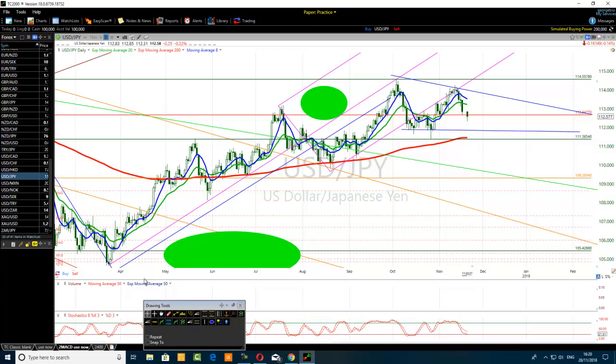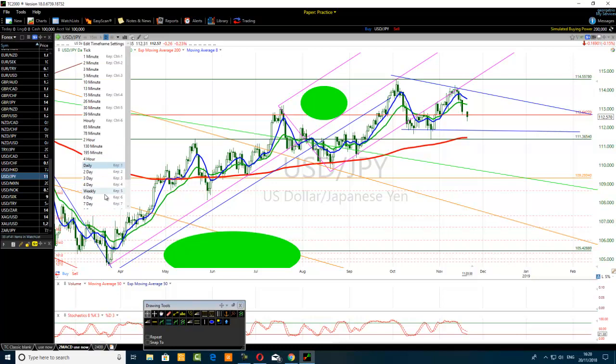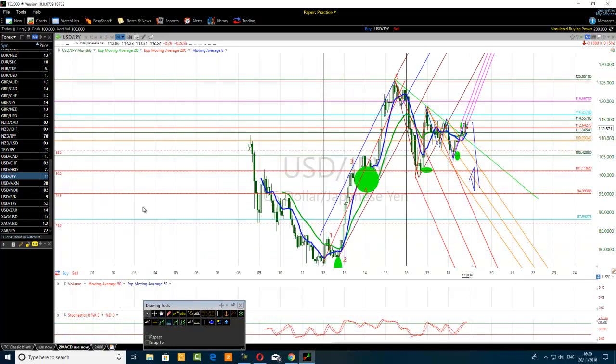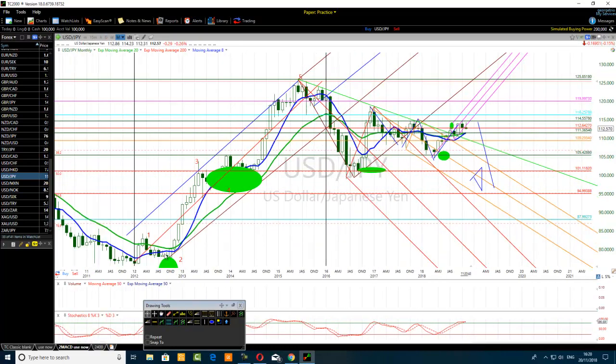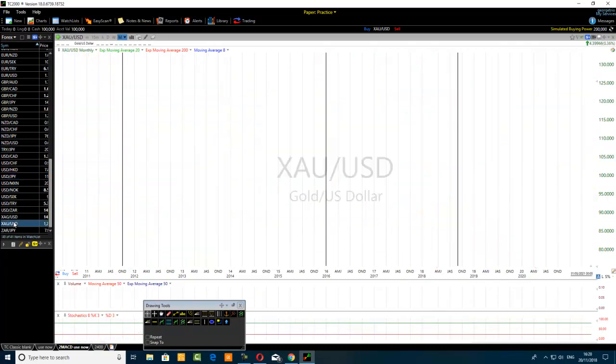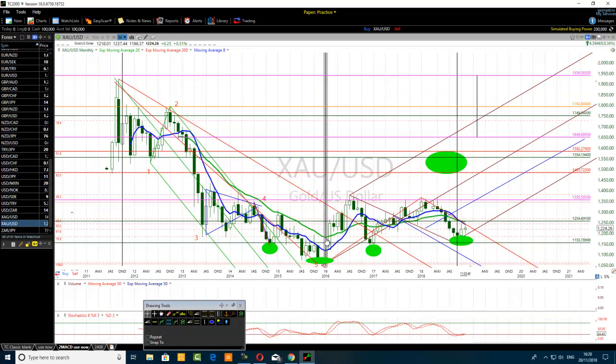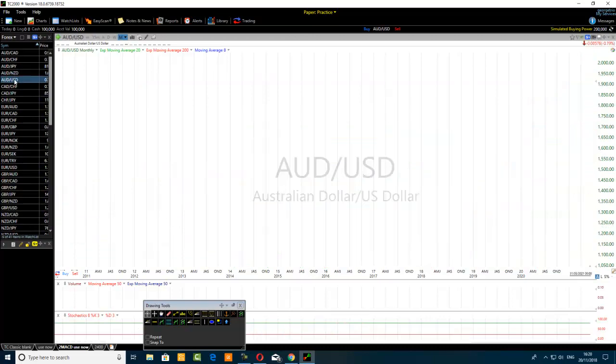There are many ways that we use the predictive fractal pattern. In this exercise, I was comparing 3 charts on a monthly chart. Look carefully. The dollar yen went up. Compare it to gold US dollar, which went down fast, doing the opposite of the dollar yen. And then I was also comparing it to the